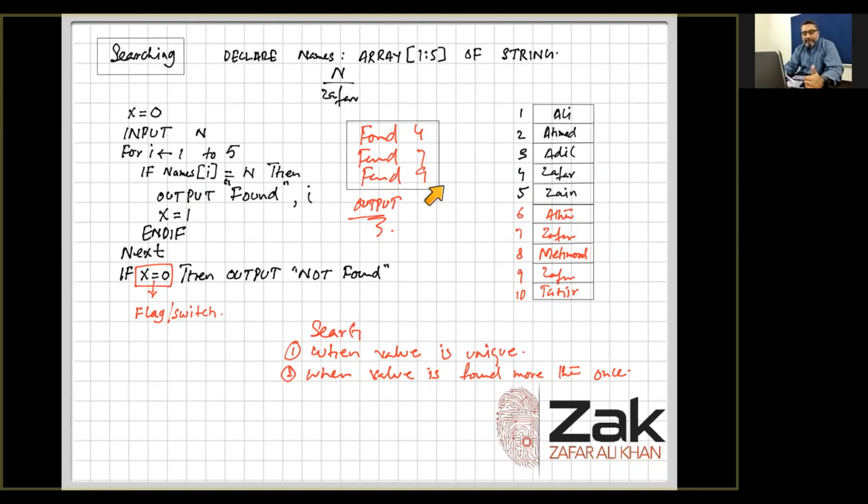All right, so be careful. When we are looking for a search which is unique, as soon as we find it, we put exit for. But in this case, here we have the same name appearing several times. We don't have to put exit for there. All right. So that is the fundamental